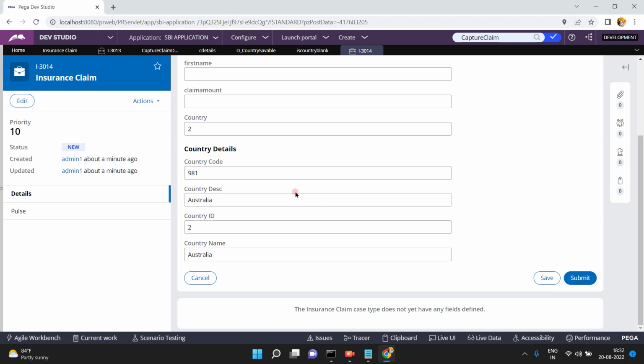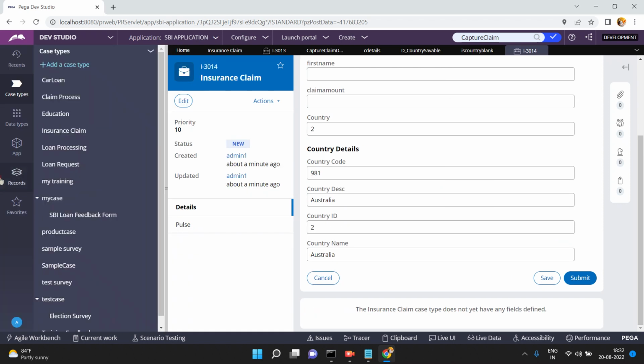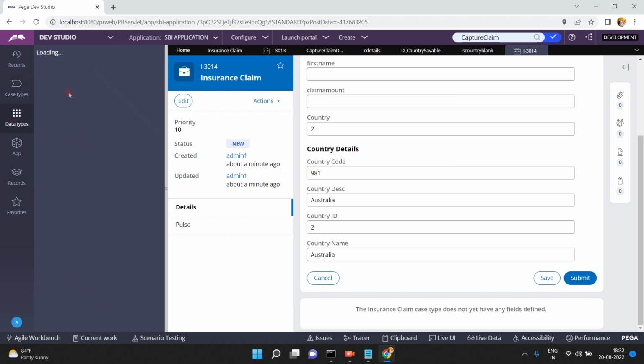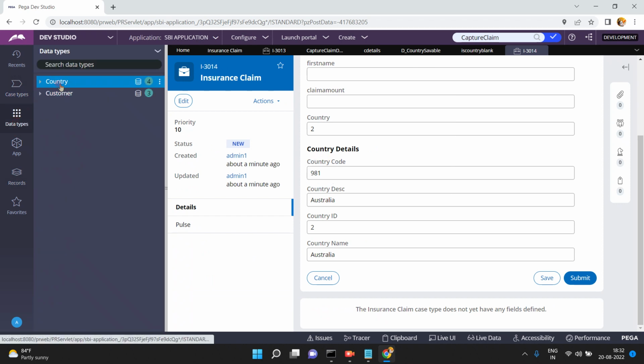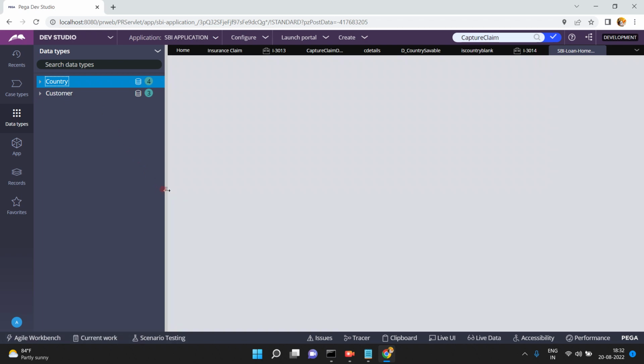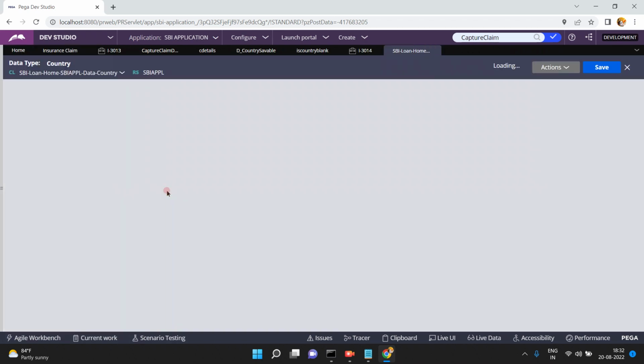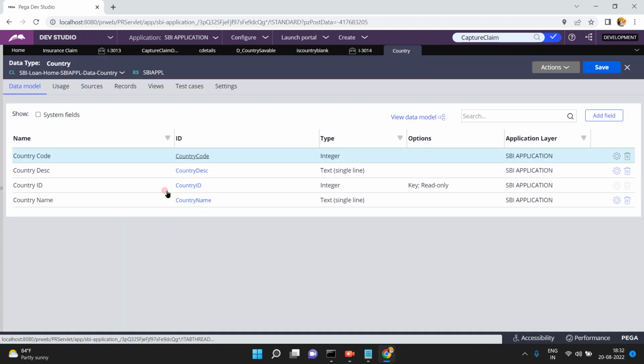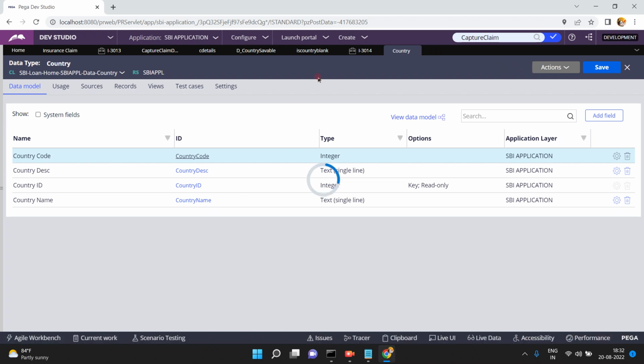The moment you click on submit, you have to write the logic to save these details into the database table. Database table means this country. There is a data type country, right? You have to write the logic to save the modified data, not only this country, any details, explicitly into the database table. Now what I am going to do here,